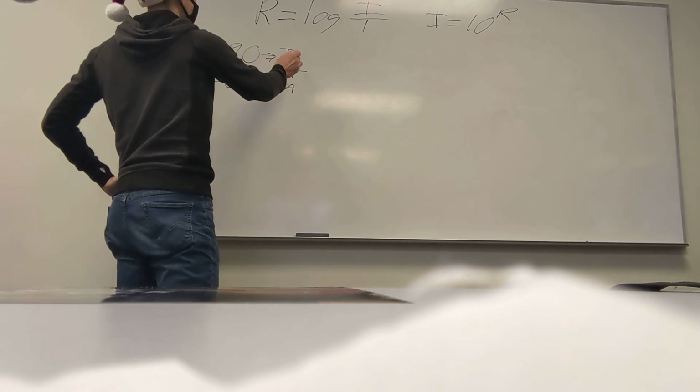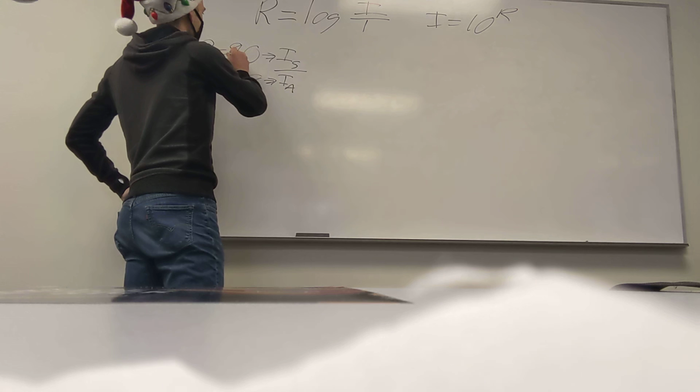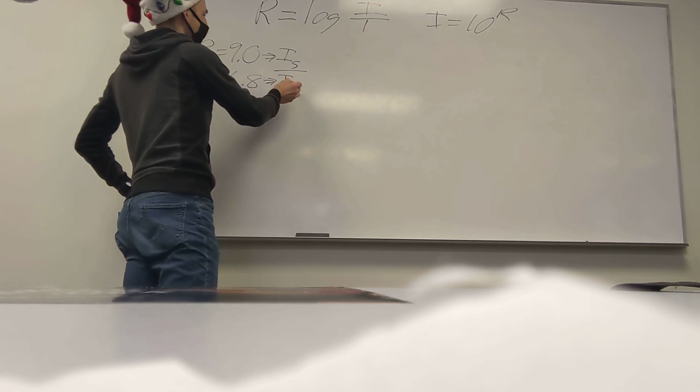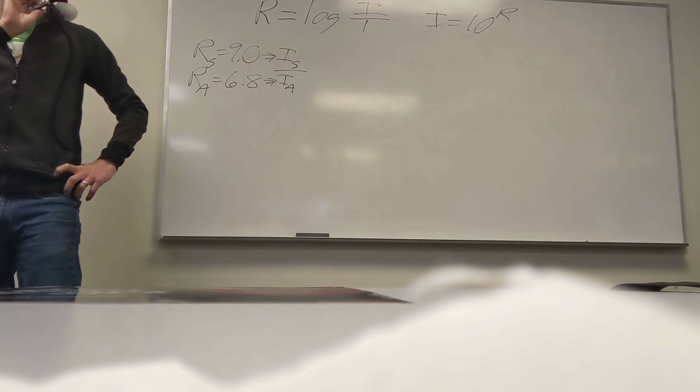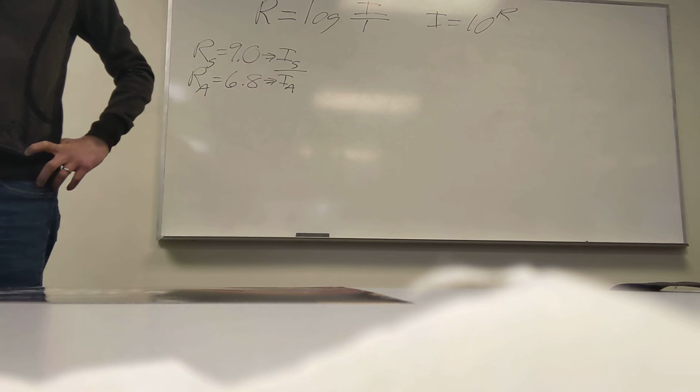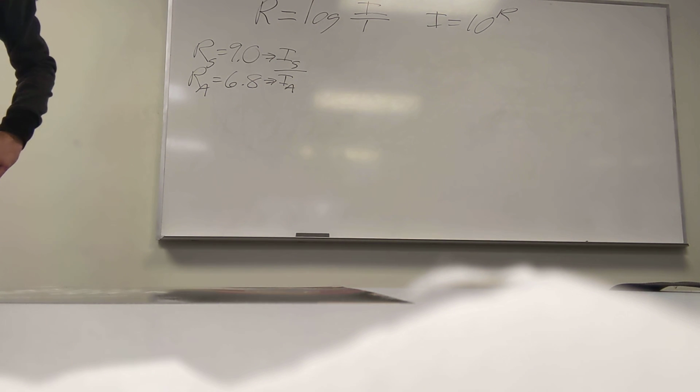So then you want to find the intensity of Sumatra, 10 to the 9th power, and divide that by the intensity of Alaska, which is 10 to the 6.8. And you want to find the ratio there. So you're taking 10 to the 9 divided by 10 to the 6.8. And that's the answer? Yeah. Okay. On the exam,